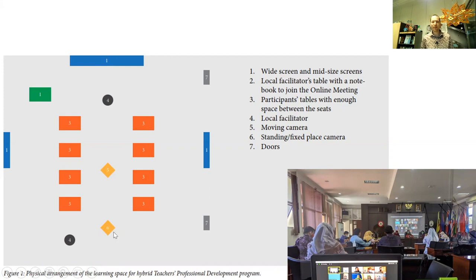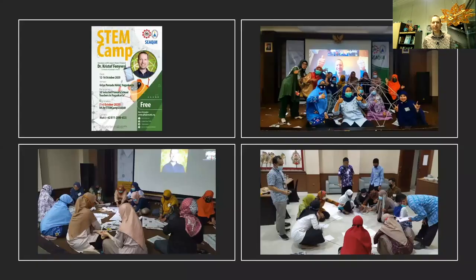And there is also a place for a fixed camera in the space. And when you look at the arrangement, the doors are located in such a way that when someone is coming in or going out, that doesn't disturb the focus and the concentration on the learning process.